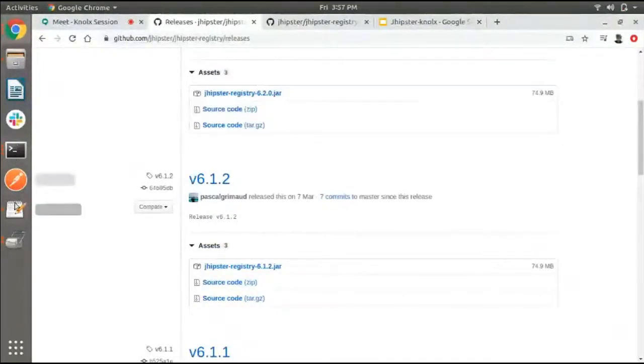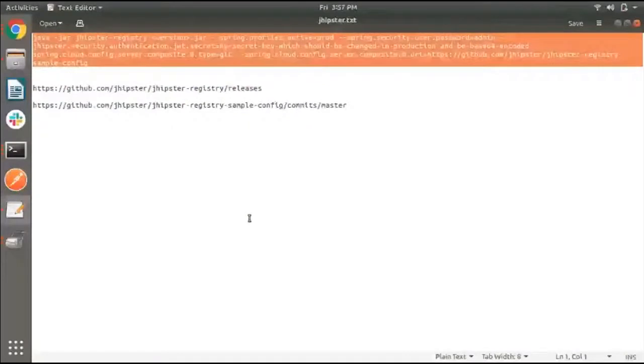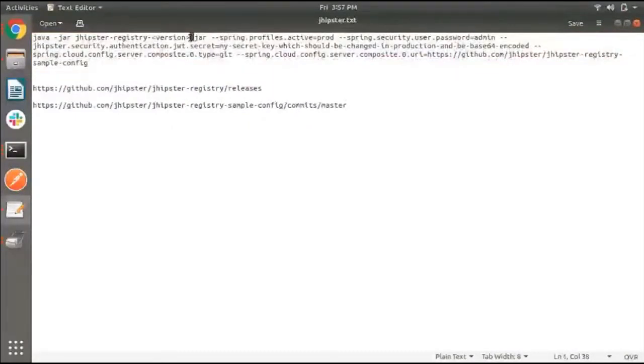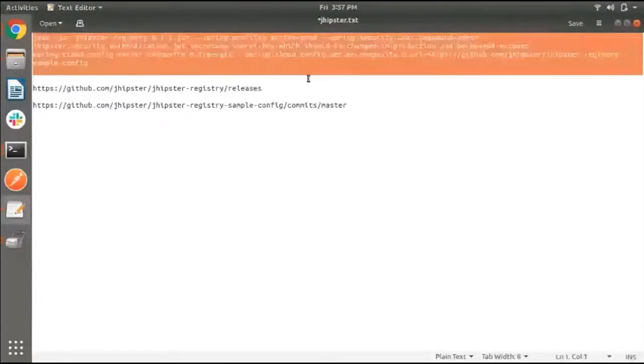So now we are going to go to this command. This command is going to use the version of JHipster Registry which we are using. We are using 6.1.2, and it will start a registry for us, so that we can connect gateway and registry to the service.